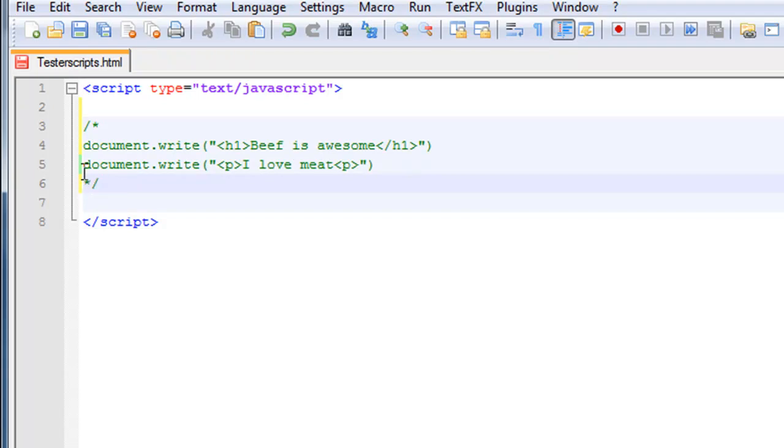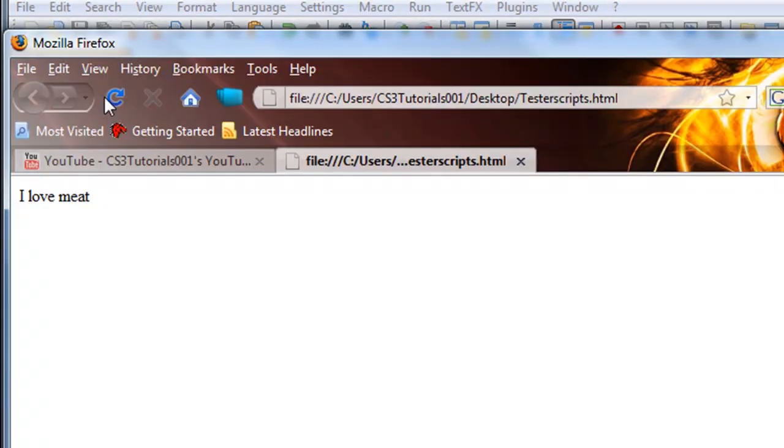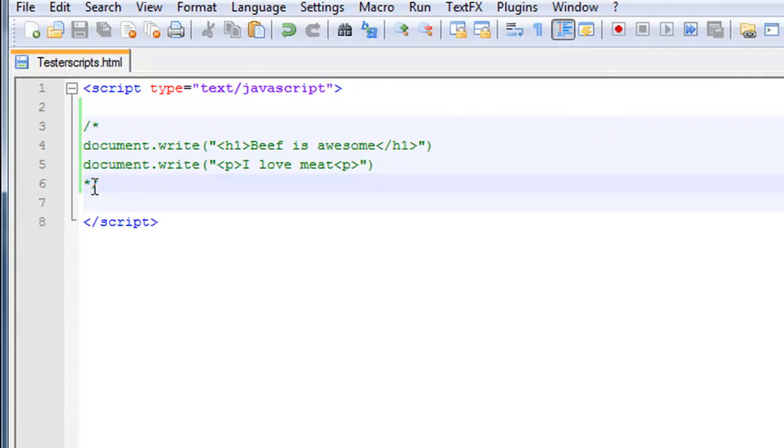Everything within this and this. Like I said, it does multi-line coding, so it's just going to prevent multiple lines of code. So it's just going to prevent these two from executing. Let's save it, and let's go to our Firefox browser and refresh. And it did not load both of them because we prevented it using the slash asterisk and then asterisk slash. So this prevents multiple line coding execution, and